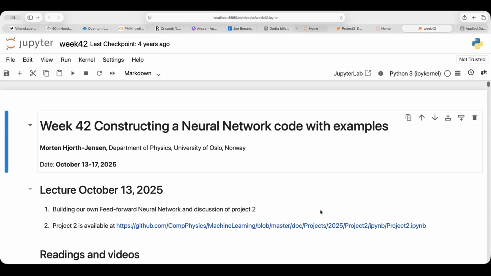That's because you often have to parameterize something which is given by a nonlinear function. And then a neural network, using the universal approximation theorem, is something which allows you to approximate a more complex function. Now, project number 2 deals with you reusing the gradient descent machinery from project 1 for a classification problem and a regression problem. I don't know if you have had much time to look at it, because this is something which we will also discuss a little bit more at the lab sessions,